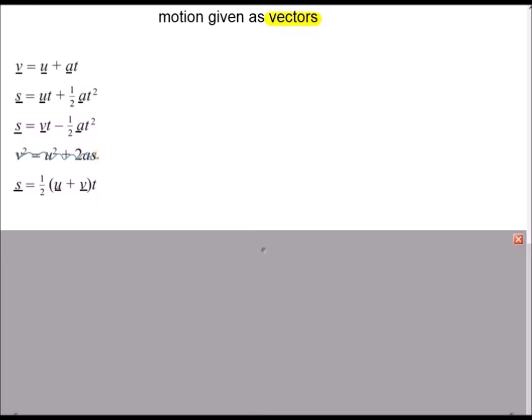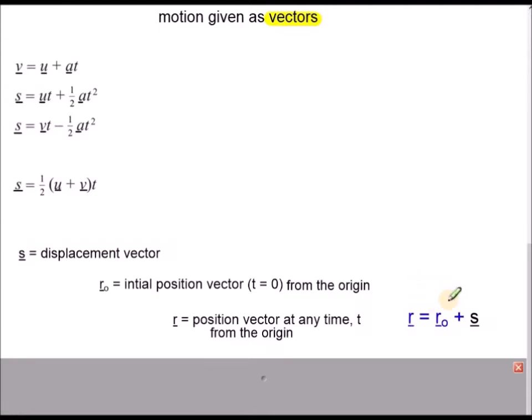but you can't use this one when you're given vector forms. We use this formula to work out the position vector r of an object, where r0 is the position of the object from the origin, plus s is the displacement of the object. So r, the position vector, is always measured from the origin, and r0, the initial position of the object, is